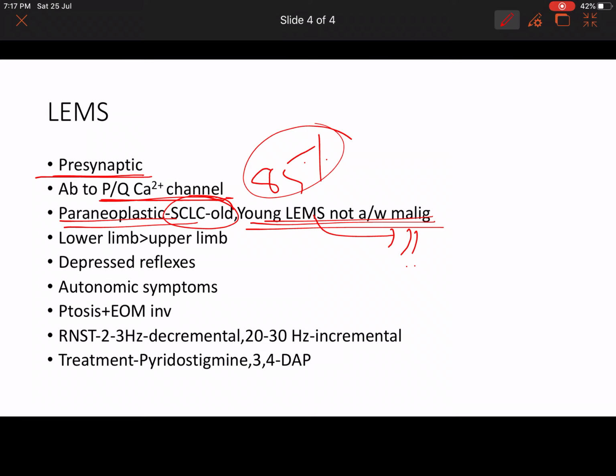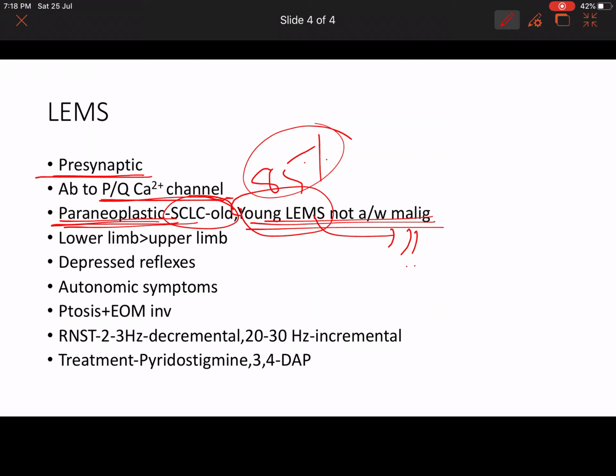So the antibody mediated destruction occurs here also, but here the antibody is produced because of a paraneoplastic response, but in young patients it's not a paraneoplastic one. It's not associated with malignancy. It will be futile in patients with Lambert Eaton myasthenic syndrome if we go for a search for cancers. So definitely check the PQ calcium channels, but no need to really check for small cell carcinoma